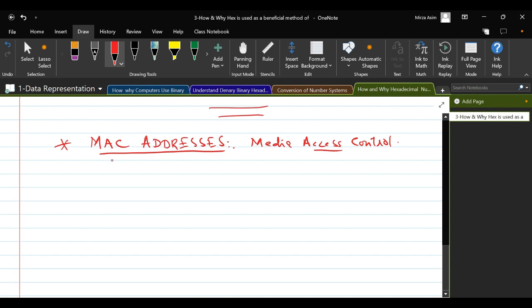The question is, what is it? Beta, every device which can be connected to the network must have a MAC address.